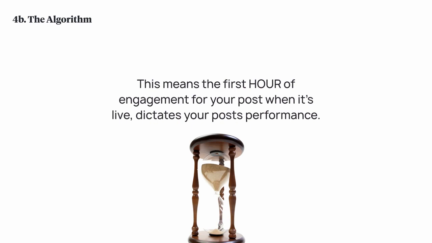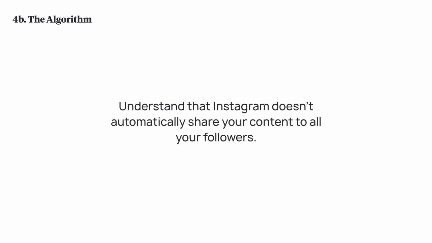What that means for your post, and this is very important so we need to pay attention, is that the first hour of engagement for your post dictates your post performance moving forward. Because that's all the time that they have. They don't have time to watch your specific post over a long period of time. They're just going to look at that first hour, maybe 2 to 3 hours max, because Instagram has been changing the algorithm a little bit here and there, so that window has been maybe expanding, contracting. So to be safe, I'd shoot for the first hour to get as much engagement as possible. But the first 1 to 3 hours is good enough in some cases.